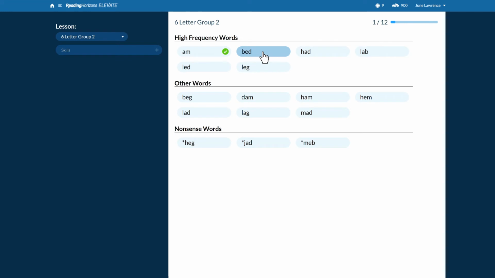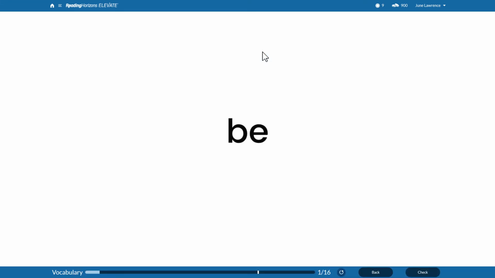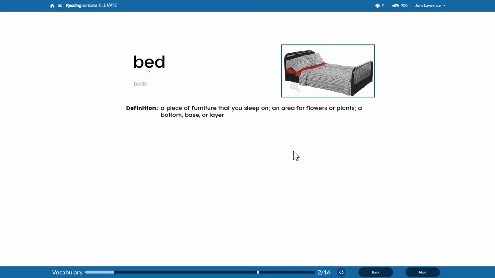Click on any word to get started. You will first be asked to spell the word. Then you'll be asked to mark it. When you are finished, you'll be taken to the dictionary screen where the narrator will read the word, its definitions, and its context sentences. Then, you can click the next button to work on a new, randomly chosen word, or you can click on the back button to return to the list and select any word.